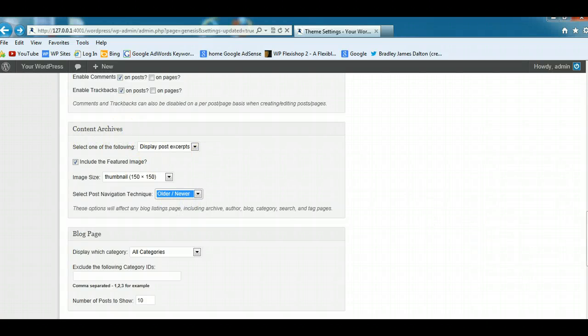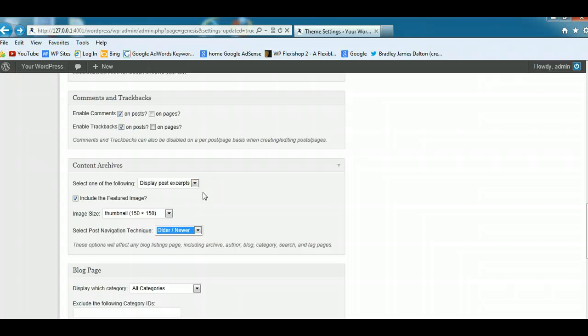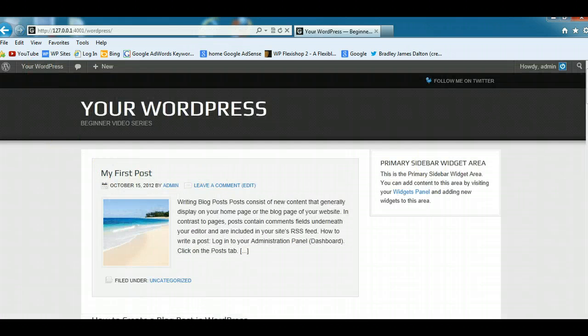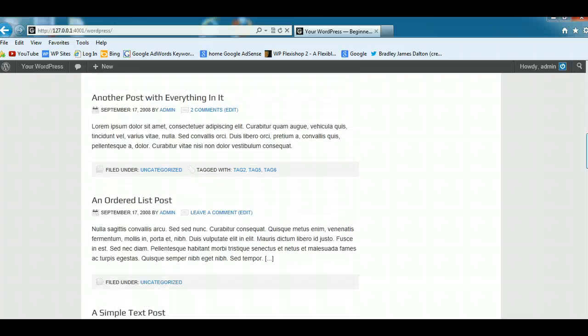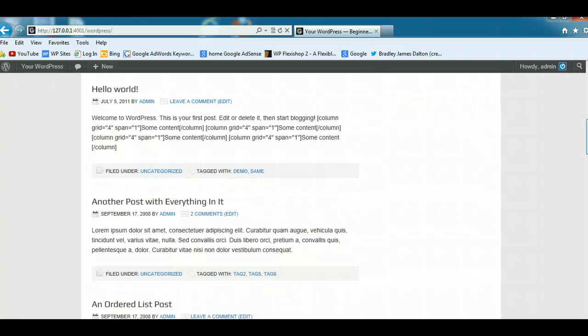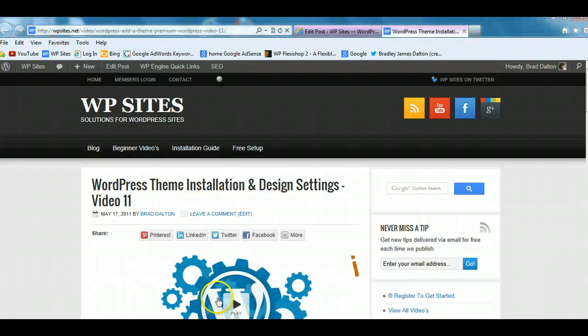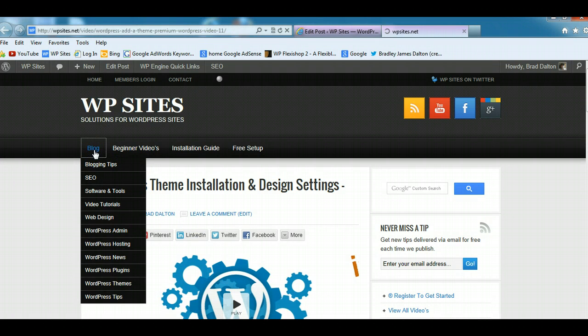So let's just have a look at the content archive. We've selected display post excerpts and also a featured image 150 by 150. So let's just have a look at this, and I'm not sure whether this will show up on the demo site, but we'll have a look. And the images aren't displaying, but this is what it'll look like on your blog page. Regardless of whether that's your home page or a blog page, it'll show an excerpt here, and a featured image here. So I'll have a look on my main site, and if we go to blog, this will give you an idea of